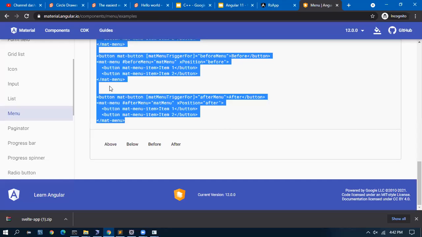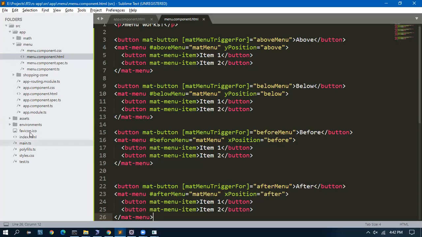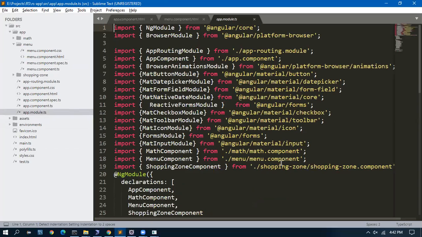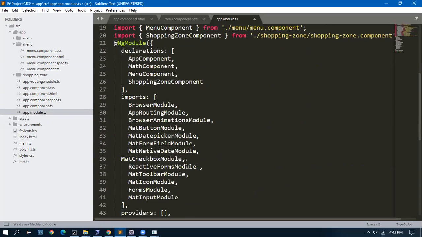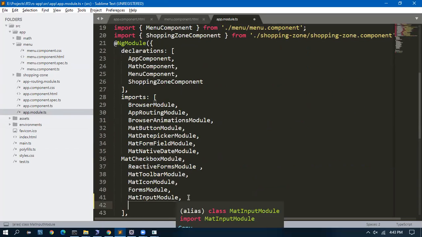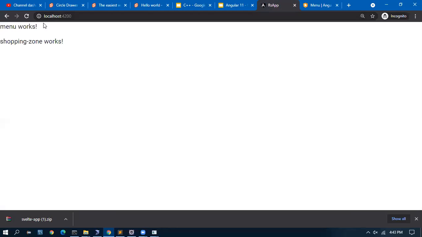Mat menu is not known. I have to import this. Mat menu. So you have done all these things, so no need to worry. I'm just redoing. You have the ng serve up and running so that you get a menu.